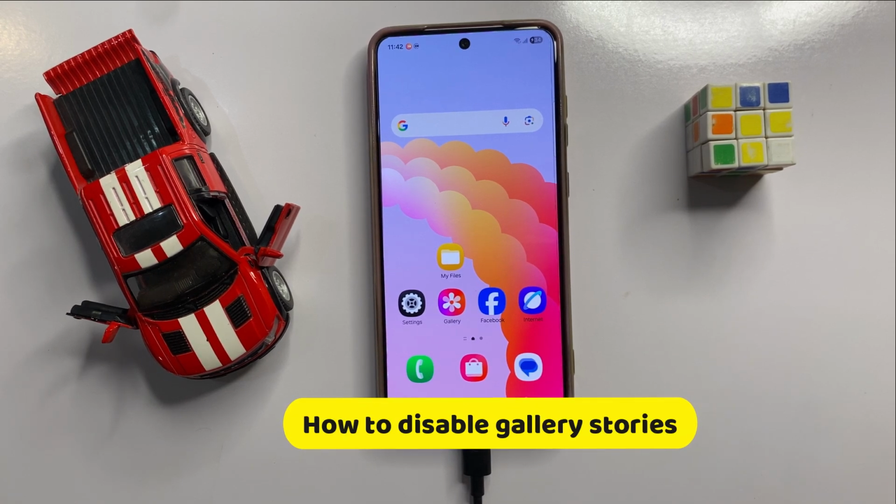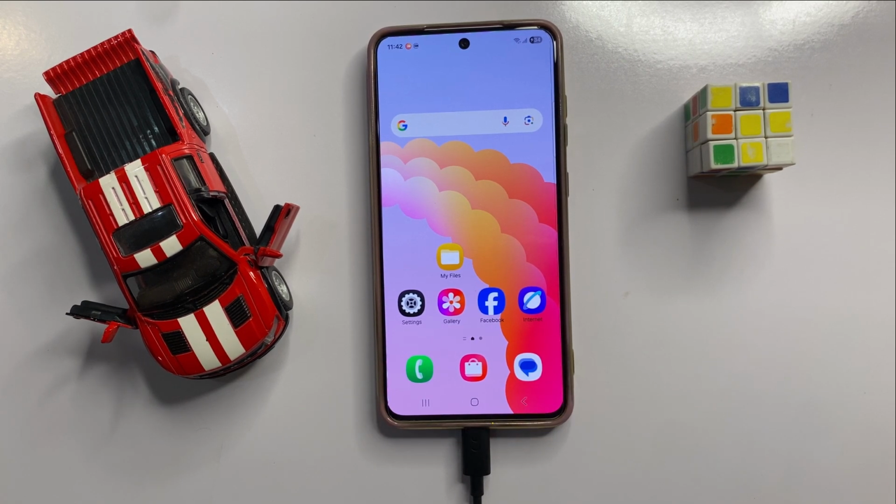How to disable gallery stories in Samsung mobile phones. So let's start the video. First of all,